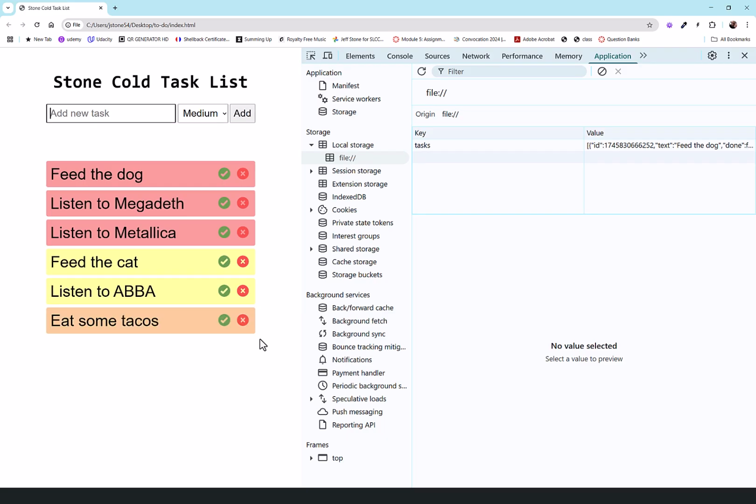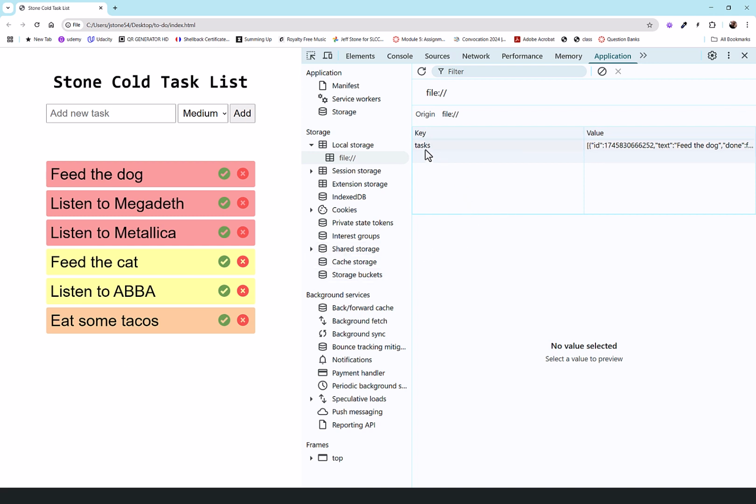Before we look at the local storage, just real quick, the other part of this high priority, low priority system, that's all coming from the advanced content, and it outlines it there. It tells you there are 3 priorities, low, medium, and high, and that each priority has its own color. I chose red, yellow, and orange for high, low, and medium. You can pick whatever colors you want that make sense to you and that seem to make some sense to the user, right?